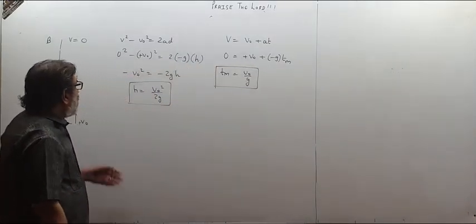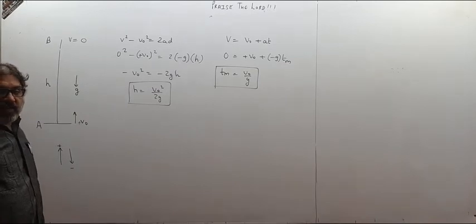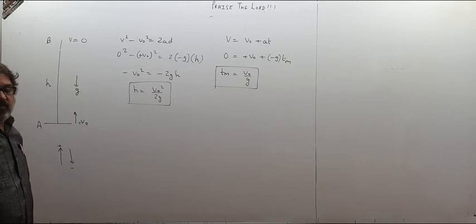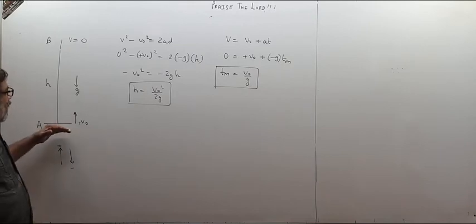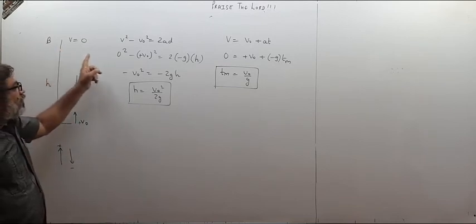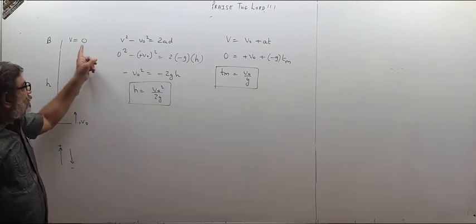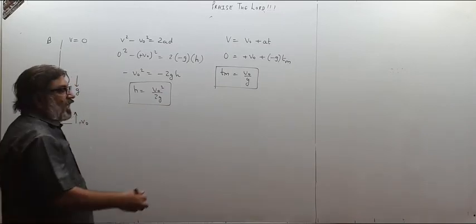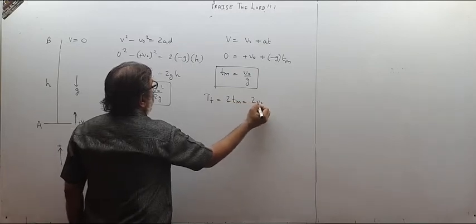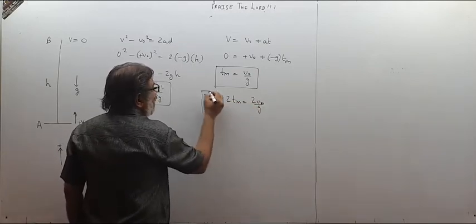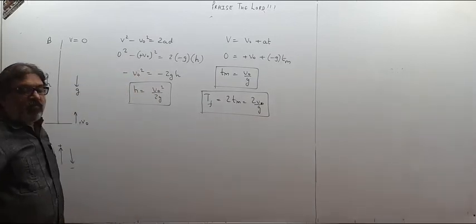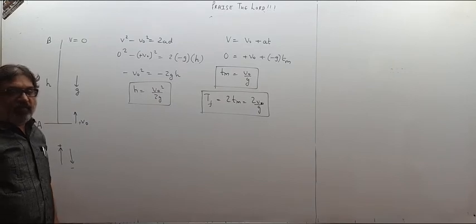And remember one thing, children, if friction is neglected, if air resistance is neglected, then time of ascent is always equal to time of descent. Now please remember these fundamental points. Time of ascent will be time of descent. So the stone will go upwards, it will take this much time to ascend, and the same time it will take to come down. So time of flight will be 2 Tm and that will be 2v0 upon g. This is the time of flight. Total time in which it was in air. Time of flight 2v0 upon g. Time of flight means till what time it was in air. That is the meaning of time of flight.